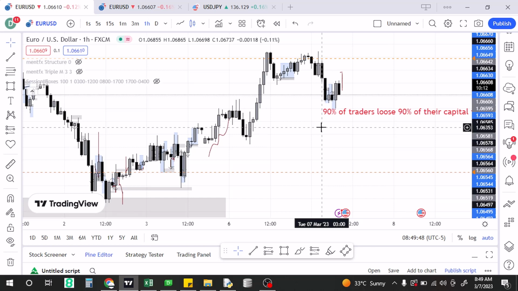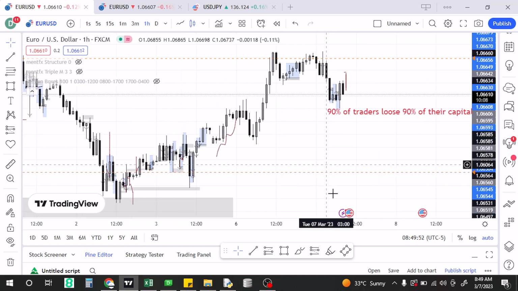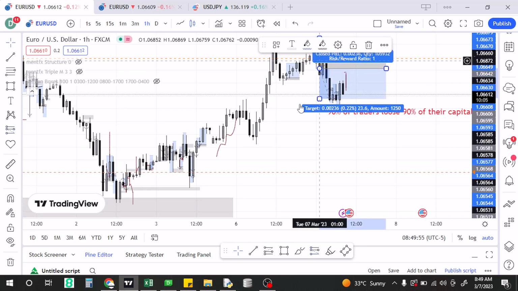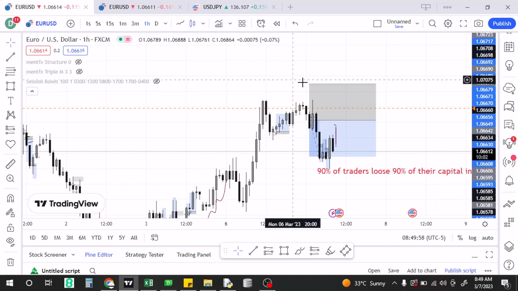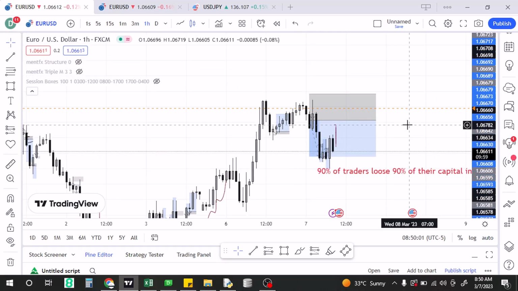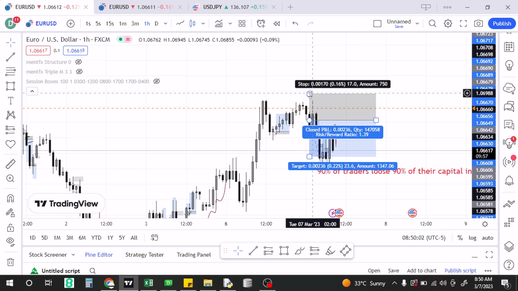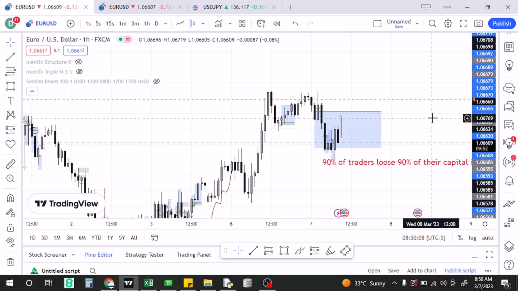The second thing is when are you going to break even on your trade. If your trade is in profit, let's say you sold from this high and your trade is now in profit, are you going to go risk free on this trade? That means bringing your stop loss to break even. This way your stop loss is at break even, you have zero risk on this trade. When are you going to do that?